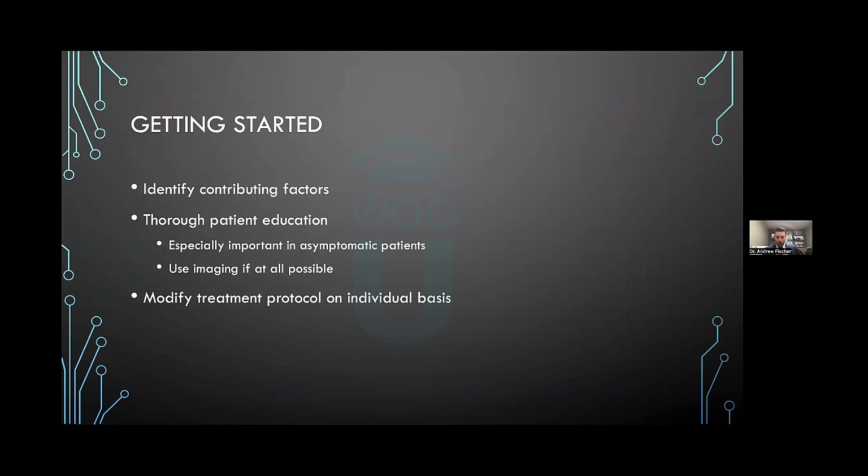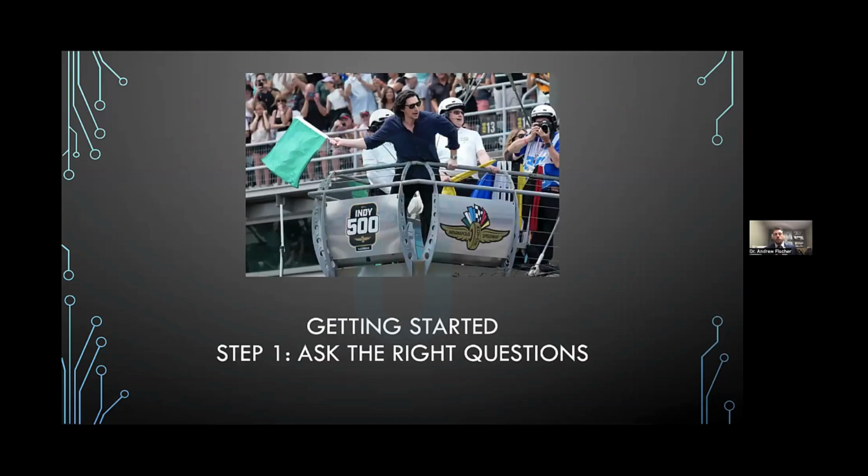So to get the conversation started, it's important that we ask the right questions. In symptomatic patients especially, a thorough patient history is going to tell me as much about the treatment plan I'll have, at least at that initial visit, as much if not more than what I see behind the microscope. On the asymptomatic patients, we do have to rely on the clinical signs that we see, but it's really important to take a thorough patient history, or at least review your technician's patient history with that patient, and it gives you a whole lot of information as well.